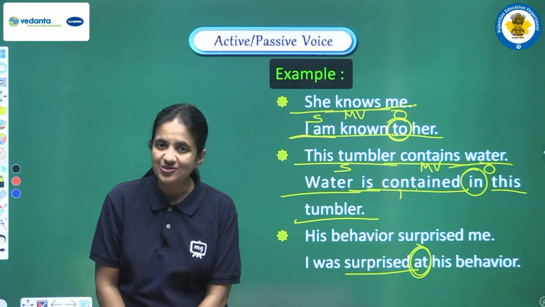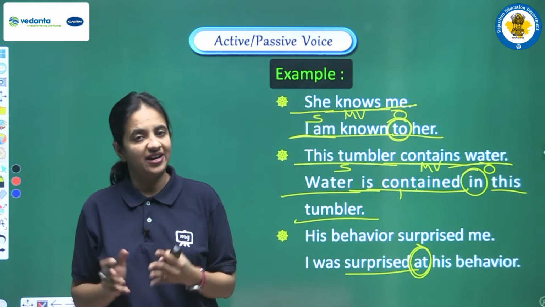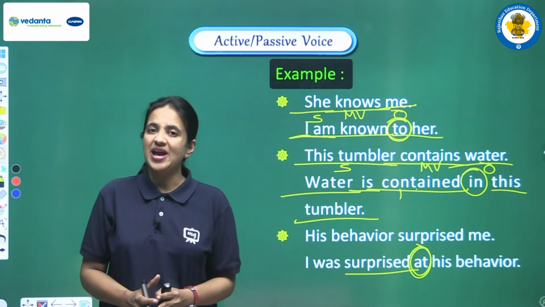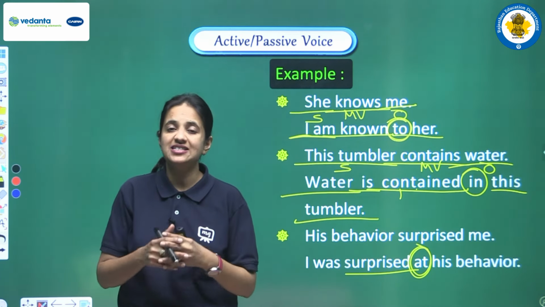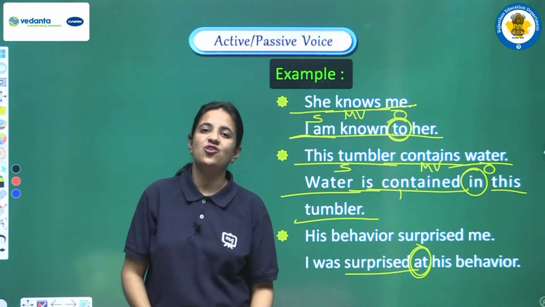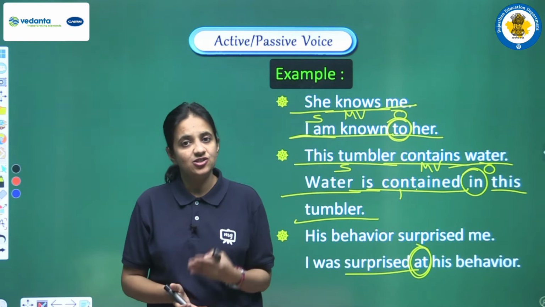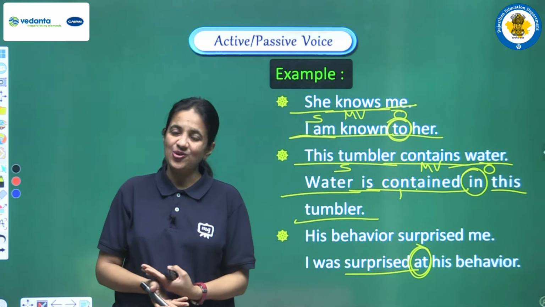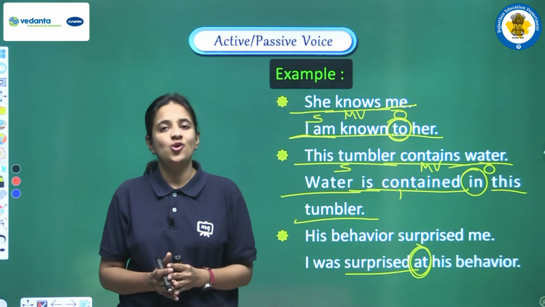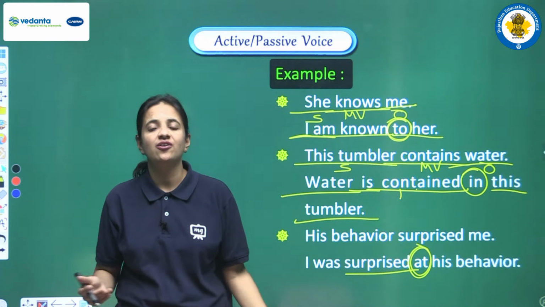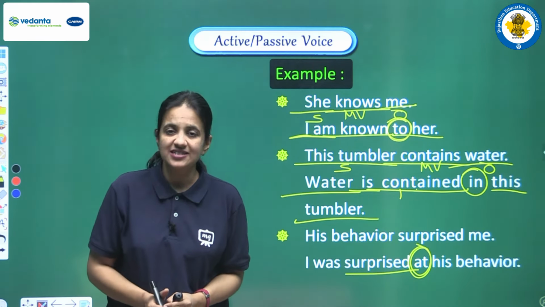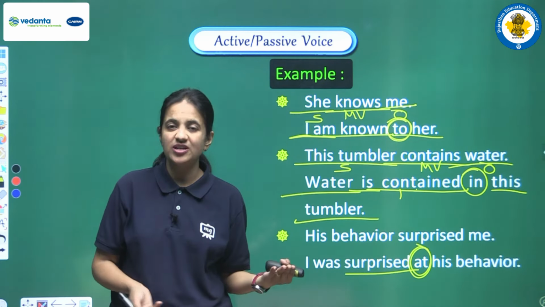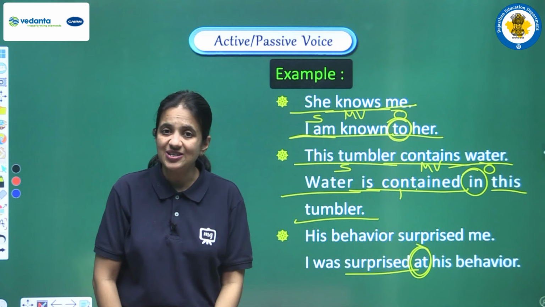So students, we have completed the entire topic of active and passive voice. We have discussed all the rules in a very detailed manner, and we have seen many examples also. Now I am sure that all the rules are clear to you, this topic of active and passive voice is very easy and clear to you now, and you are all ready to solve the practice exercise. Converting a sentence from active into passive voice will be very, very easy for you all, right?